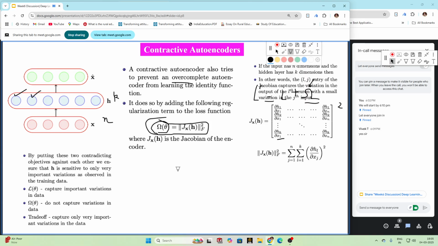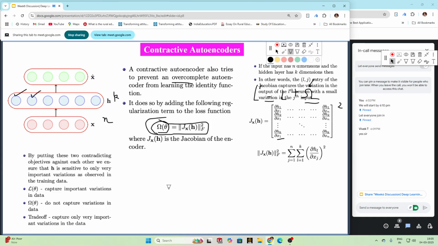Okay, we want our sigma theta to be closer to 0. That is the ideal condition. Ideally, we want our sigma theta to be close to 0, so that only our L dash will be equal to L.